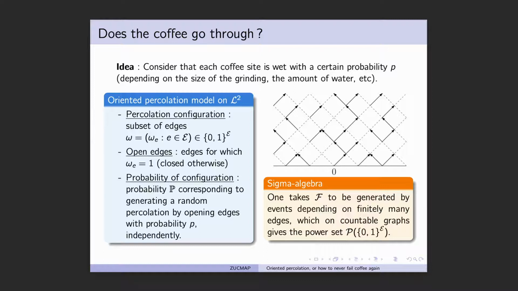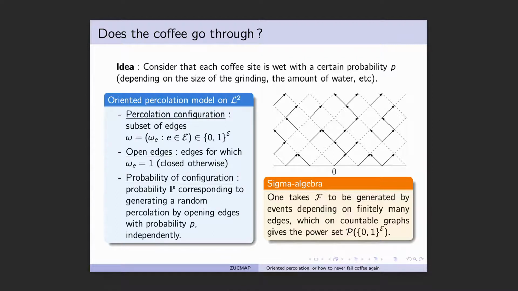Also, if you think about the problem of coffee, it does not really make sense to have these edges which are not really connected to anything. We really want to think about it as we pour some water from below and it tries to go up. But eventually we'll just stop looking at them and only look at, for instance, how the water flows from 0 to maybe the end of the graph.